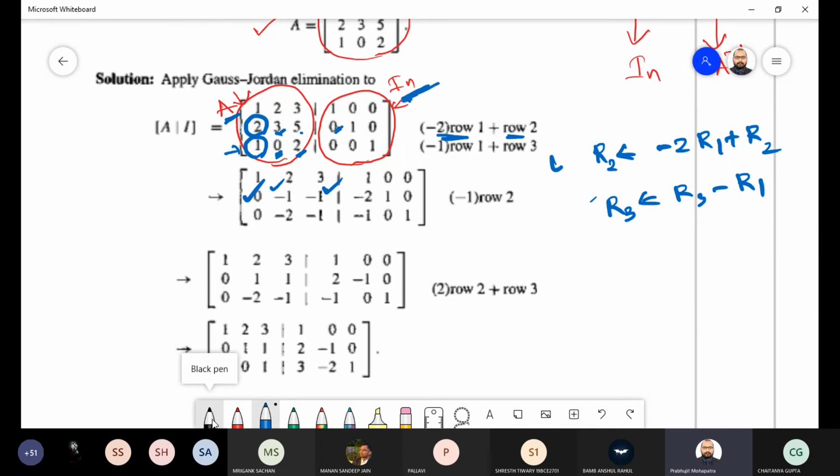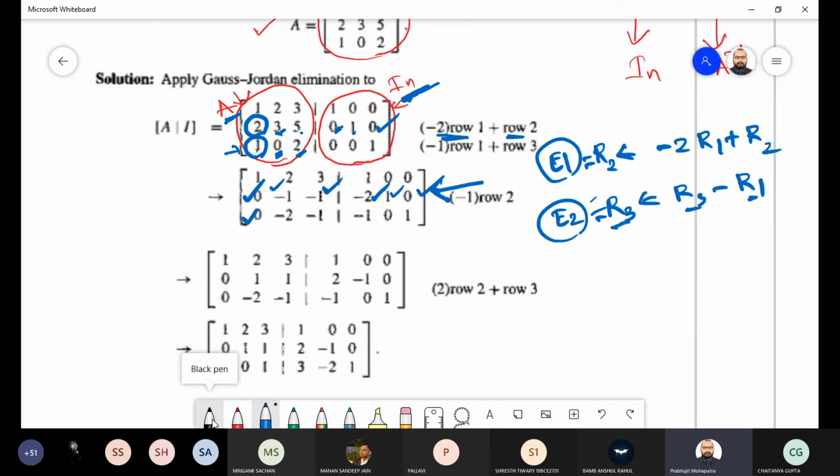So the first operation you can write as E1, and this is your E2, your second operation. So 0 minus 2 times 1, what are you going to get? Minus 2. Then 1 minus 2 times 0 is 1. 0 minus 2 times 0 is 0. Okay or not? You have to do the operation on all the elements of row 2, not only the left hand side. You have to do the same thing on the right hand side also. Then row 3 equal to row 3 minus row 1.